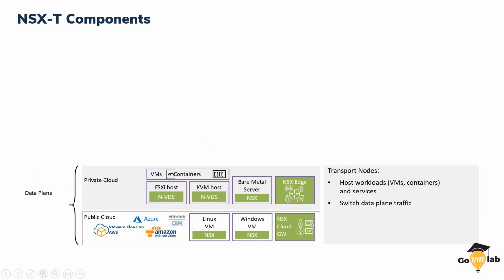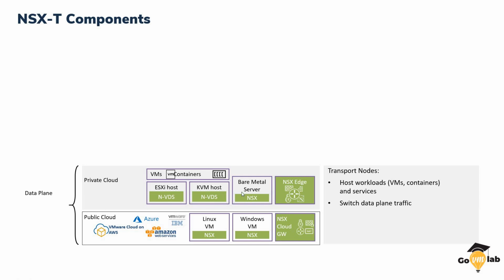Now the data plane does the same thing. It does the packet switching and packet forwarding. But the only difference between the V data plane and the T data plane is basically the number of endpoints. In NSX-V, we just had an ESXi host as a data plane component, but in NSX-T, we have KVM, we have a bare metal server, which contribute at the data plane